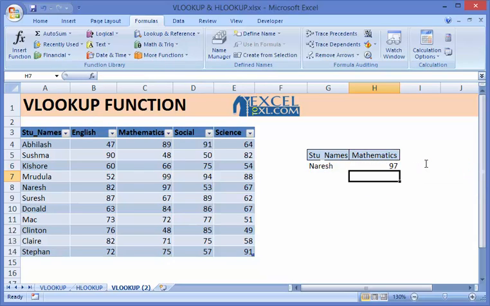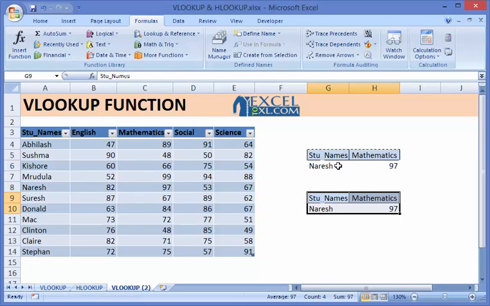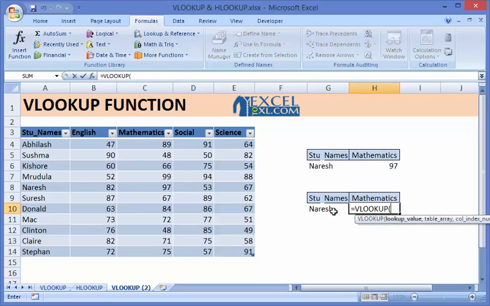And now we will use column and row formula in VLOOKUP. How to use column and row formulas in VLOOKUP? Let me take the same example. Here I'll use VLOOKUP. Lookup value is this. Table array is scorecard, comma, column index number. I have to mention one. Say for example, if it is mathematics, I have to mention